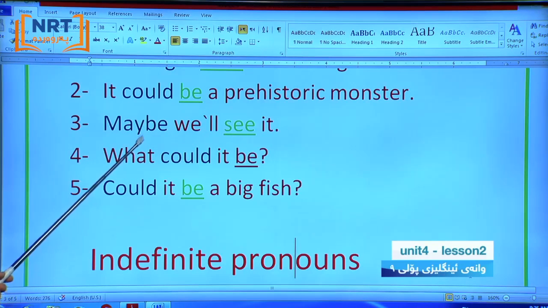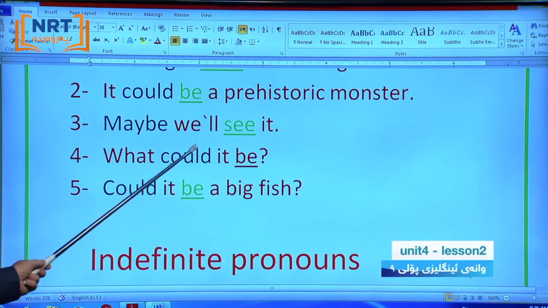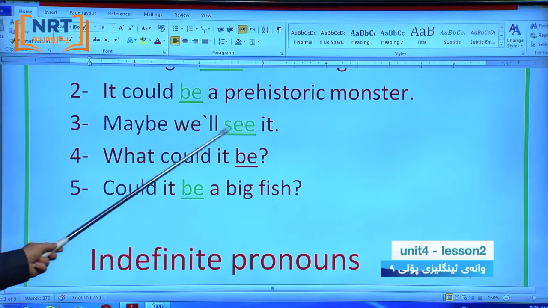But here, maybe we'll see it. We use this word maybe for the possibility, not will. Here, we just used will for future. We'll see it. Maybe we'll see it. This is for future. And the second part